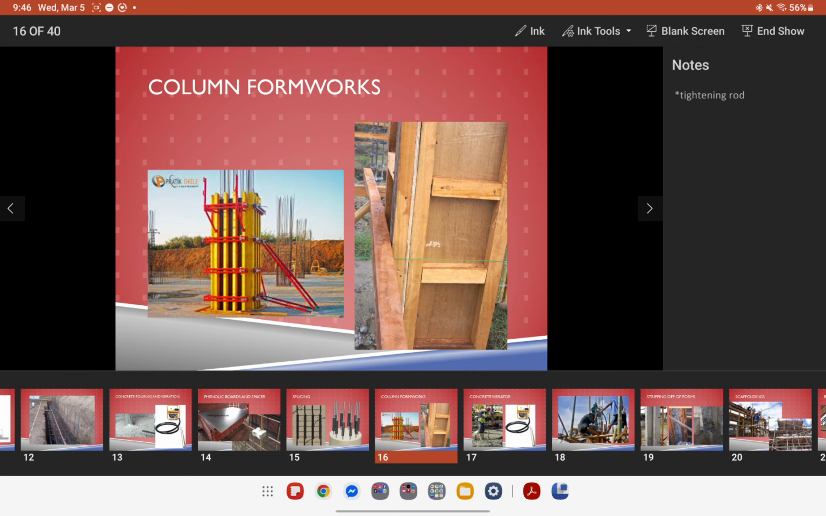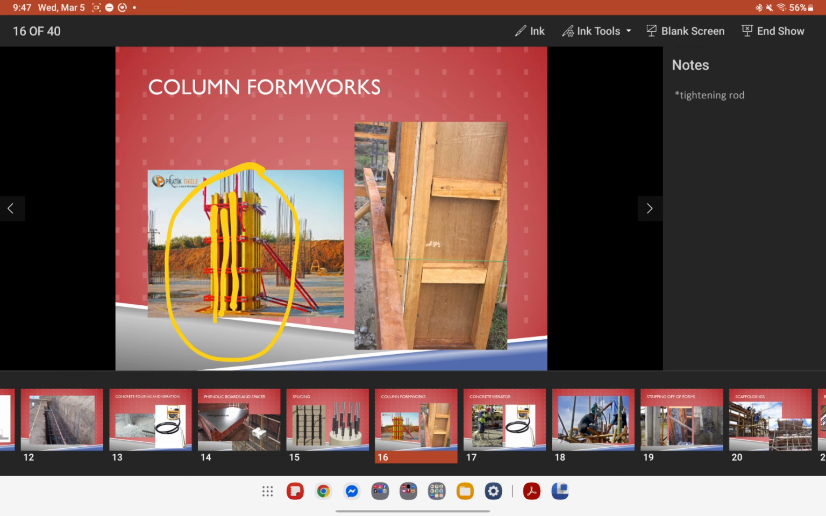Here you have two different kinds of formworks, although there are so many configurations of formworks. The first one on the left is actually using a combination of, I would assume, a phenolic board, the brown one there, and these are channels. The yellow materials are channels, which make sure that